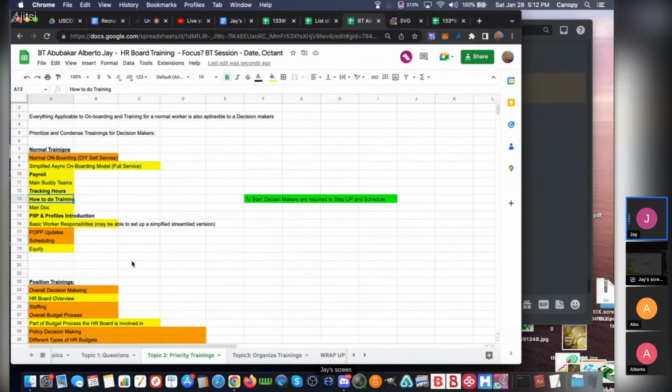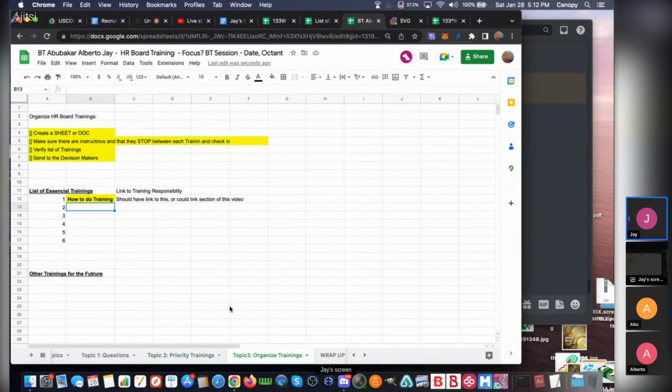So, I mean, either way, if we put them all together, we want that to be up pretty high. But if we want to separate them and say okay, these are your priorities for the position trainings, separate from your regular responsibilities. But this is already the decision makers training spreadsheet, right? So this would be for the HR board.